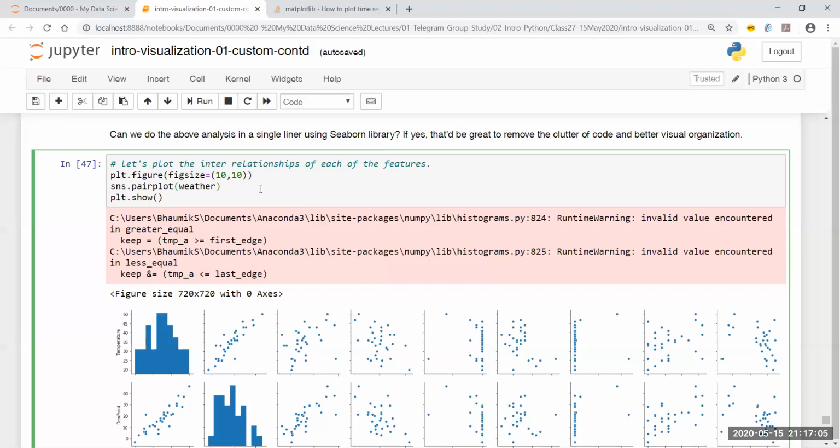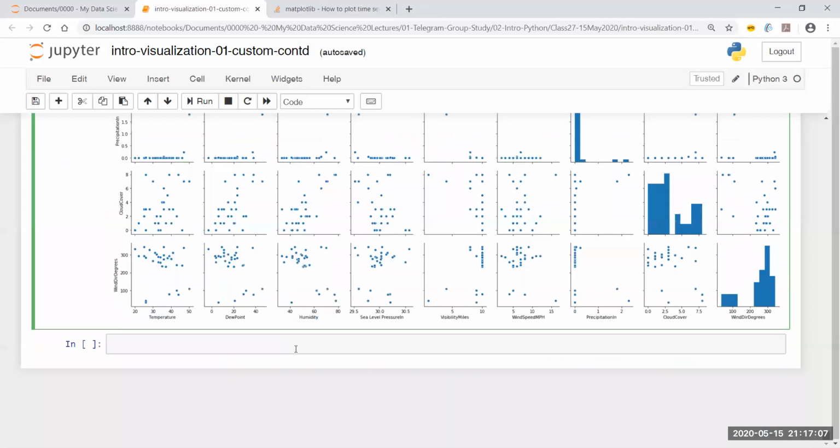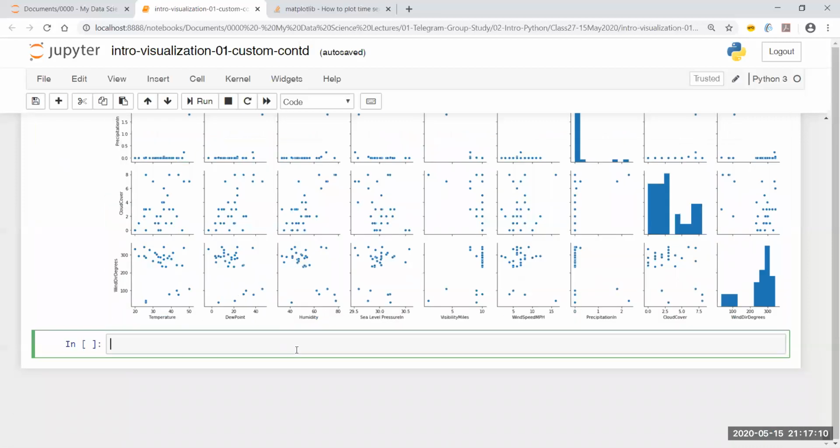So the other thing which I wanted to show you is, and to do this, I'll have to write some text. Okay, we have only 10 minutes, but I'll write some text first, and then I'm going to look into this. This is something we are going to look into in great depth when we look into statistics, but this is very, very important. When you are doing any statistical analysis or inferential analysis or any kind of, let's say, machine learning, you need to know whether in your data set you have any interrelationship or any correlation between the features or the columns which you have.